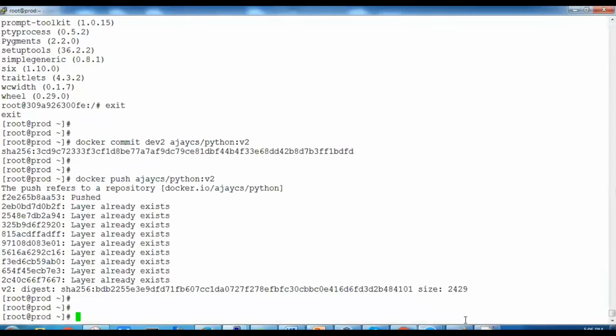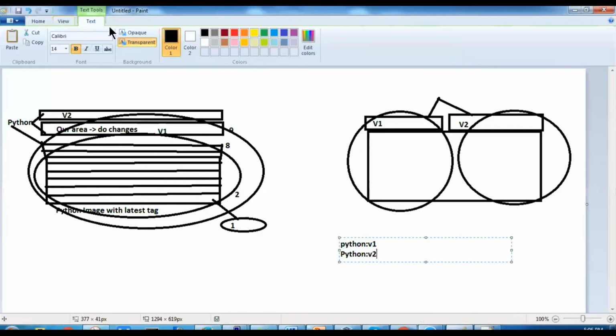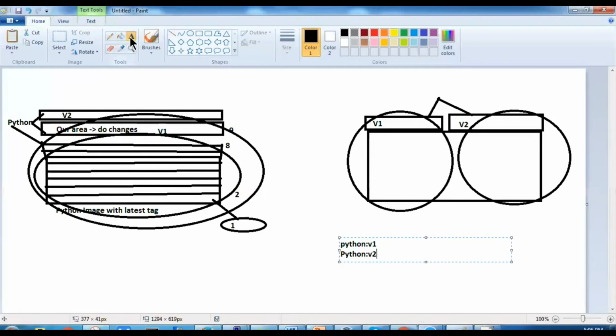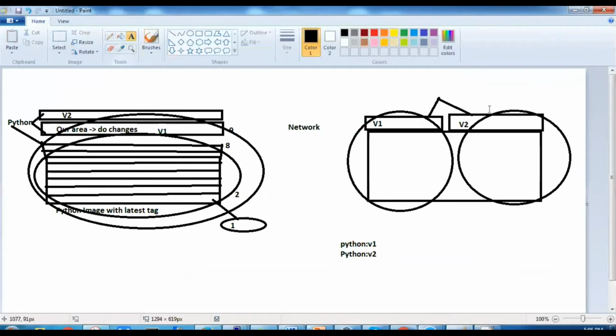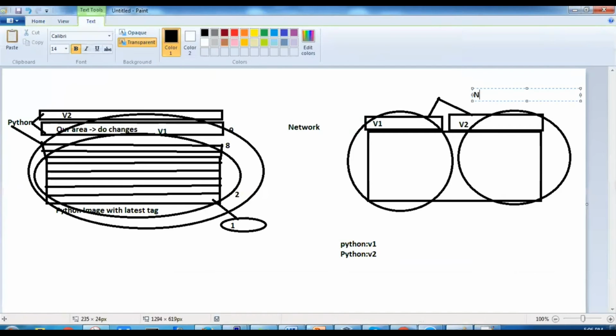So what will we have in v1? V1 will have only the network module plus core Python, which is in the 8 layers. But in v2, we'll have network plus IPython.